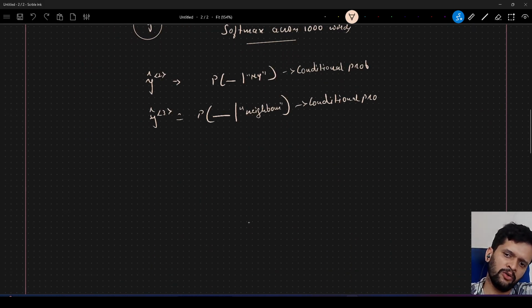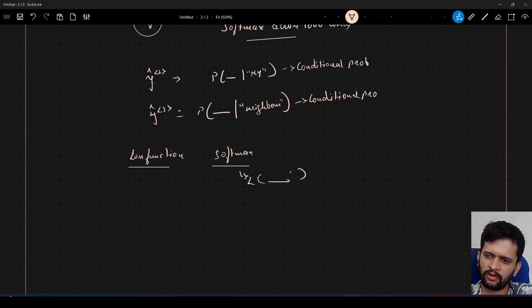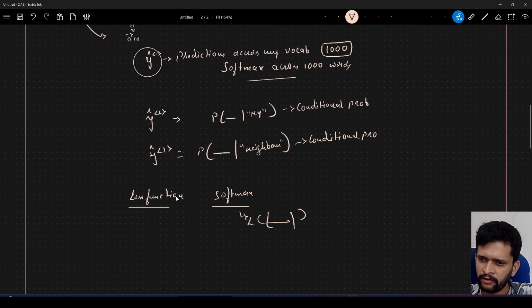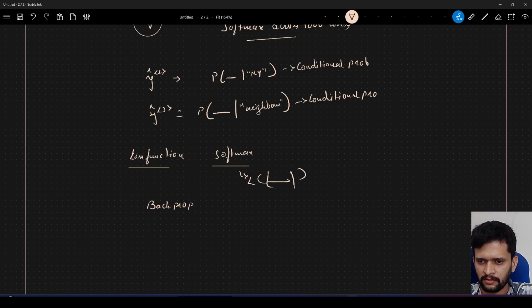For this, we will define a loss function, correct? And since we are using softmax as an activation function at each output, we will use the loss associated with the softmax function. Let's not bother about what that particular loss is with respect to softmax. Let's concentrate on how we train it and what we do after training it. So now we have defined the loss. What we do is back propagate through time and then update the weights,